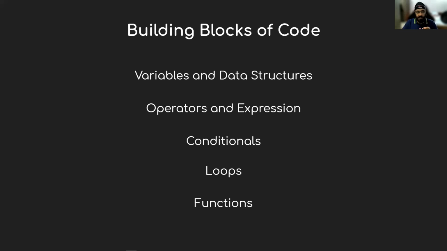And functions allow you to combine a certain set of instructions into one single method or one single container, and then you just call that every time you need that same set of instructions to be run. So it helps with abstracting your code and making code smaller. If you want to do the same thing, you don't want to copy paste the code. So those are the 5 building blocks.